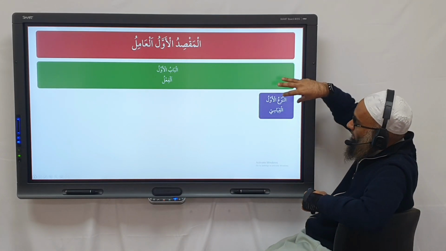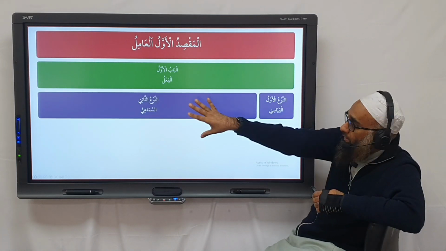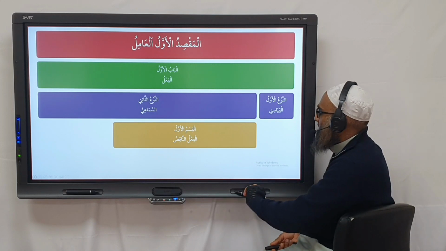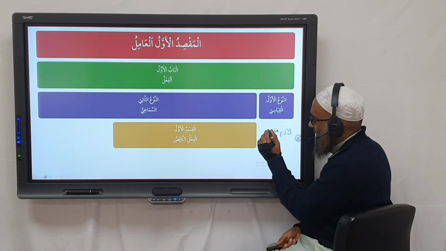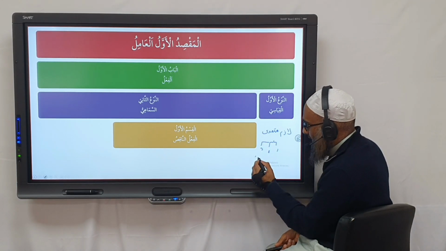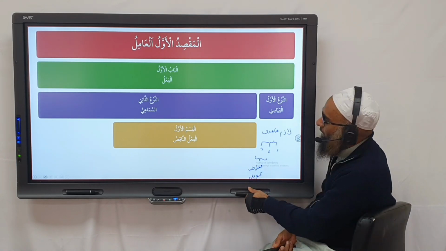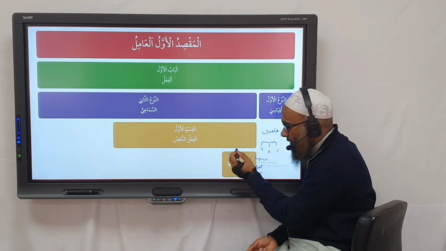And then we said this An-Nahw al-awwal is qiyasi, and then in there we had the fi'l lazim, fi'l muta'addi, and then we go on to sama'i. Okay, and in sama'i, so we should have here lazim, muta'addi, and then muta'addi ila one maf'ul, two maf'uls, and then three maf'uls, and then these two are fi'l qalb or fi'l tahweel. Yes. And then we did fi'l naqis, and in the fi'l naqis we finished kana wa akhawatuha.